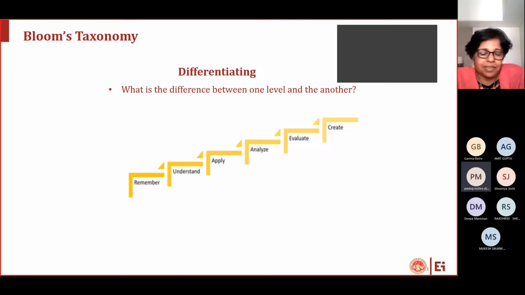Very nice, very nice. Yeah, it's very close to what it is. So yes, as Pankaj sir said, thank you sir very much. We will elaborate on this a little bit using examples. Because Pankaj sir has given you an overall picture, we will go step by step in understanding this Bloom's taxonomy. Okay, first of all,